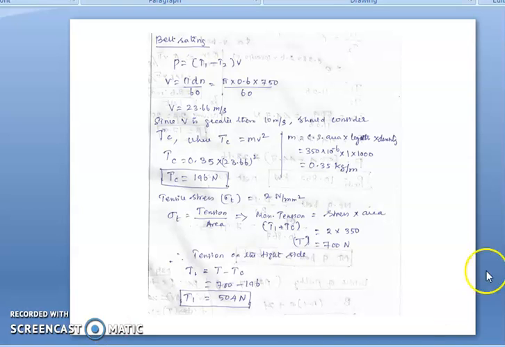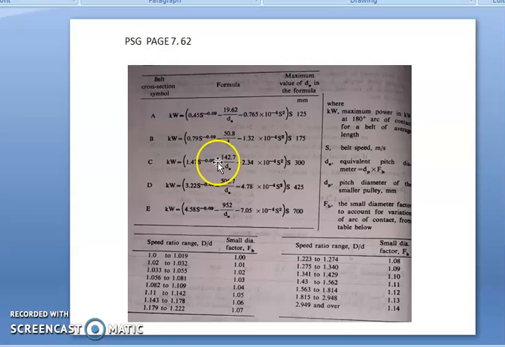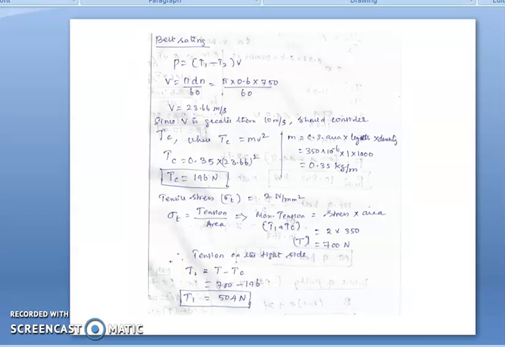Then belt rating. Here actually we have tension relations, then coefficient of friction. So we can straight away use this formula: tension, difference in tension and tension ratios. Suppose the tension related values are not given in the problem, then we go with page number 7.62, where we can find the formula for the C belt. So by using this formula you can find the values of belt rating. But in this problem we straight away use the tensions.